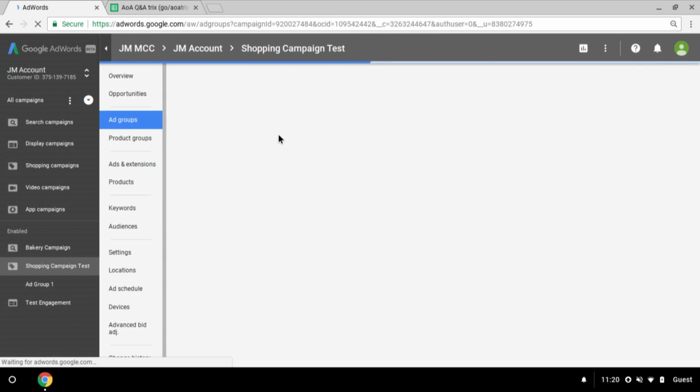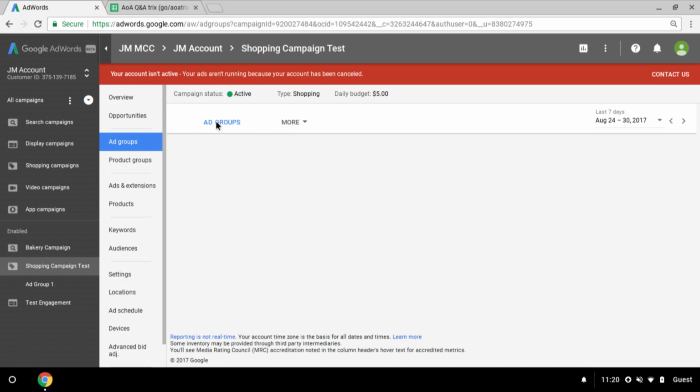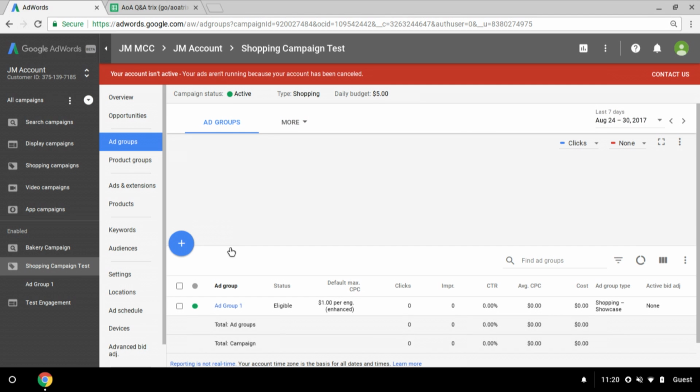Now, a couple quick notes on the Showcase shopping ads. For these ads to work really well, you want to aim to have more than 1,000 active products per ad group to generate traffic on as many queries as possible. I do apologize here. There we go. All right. So within our shopping campaign test here, we're going to go ahead and just create a new ad